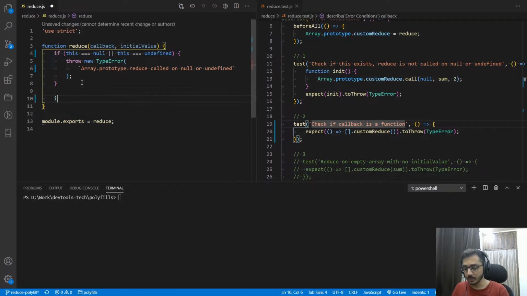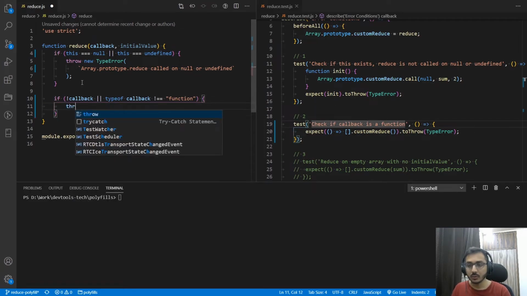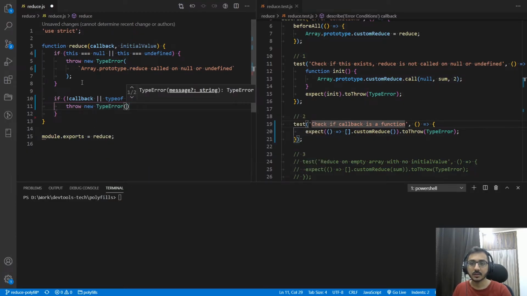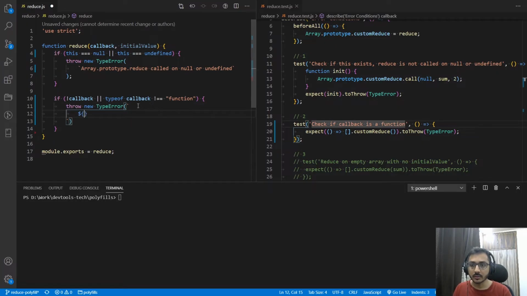So how can we do this? If we don't have the callback, this is the existence check, and if typeof callback is not equal to function, then we'll throw a new error, new TypeError to be exact, which is going to say whichever value we got in the callback is not a function.